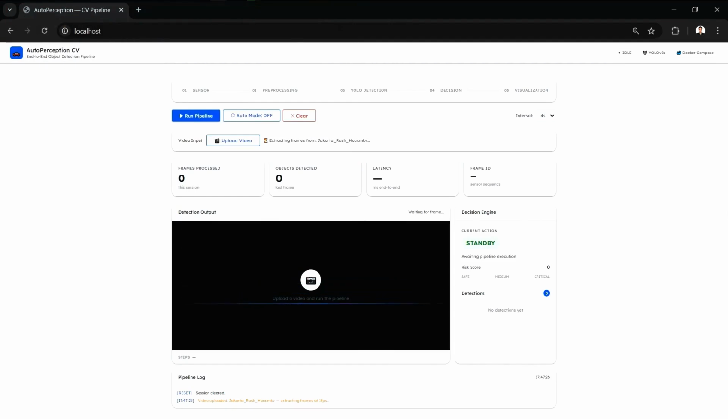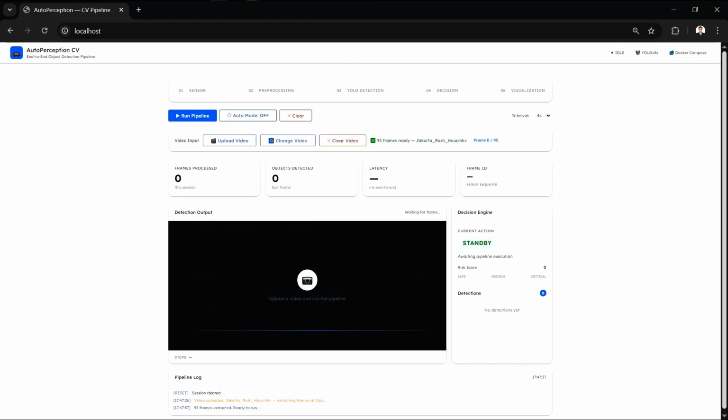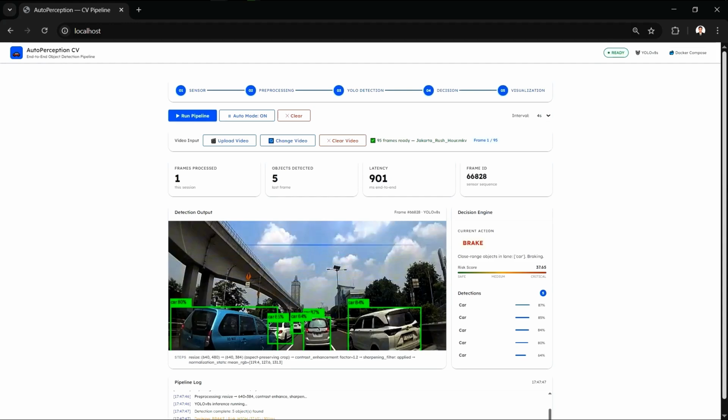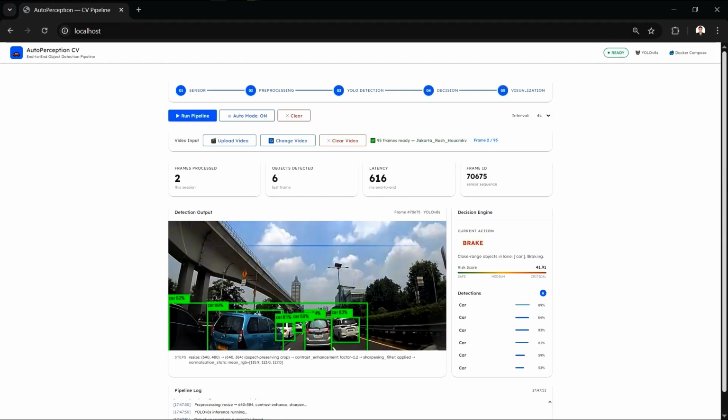The browser is extracting frames, one per second, using the HTML5 Canvas API. No server involved. Sensor receives the frame, preprocessing resizes and enhances it, YOLO runs inference.